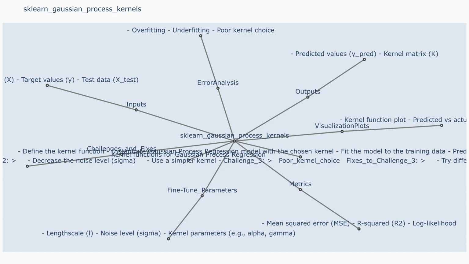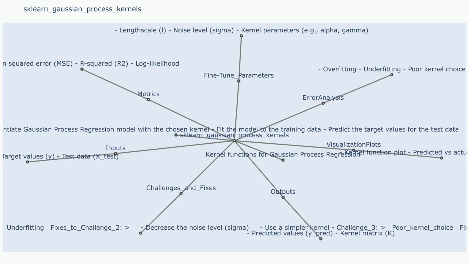sklearn Gaussian process kernels. Description: Gaussian process kernels, also known as covariance functions, are a key component of Gaussian process regression (GPR). They define the relationship between data points, influencing the smoothness and shape of the learned function. These kernels determine how similar two data points are, with higher similarity leading to stronger correlation in the output. They are essential for capturing the underlying structure and dependencies within the data, allowing GPR to make accurate predictions on